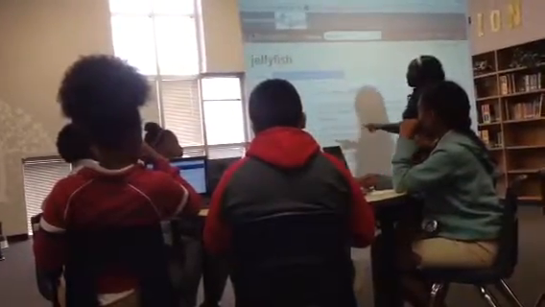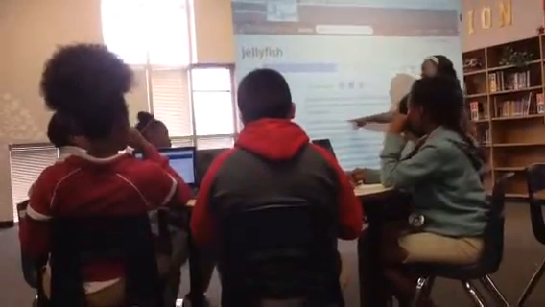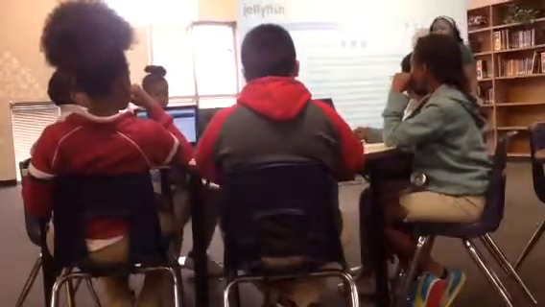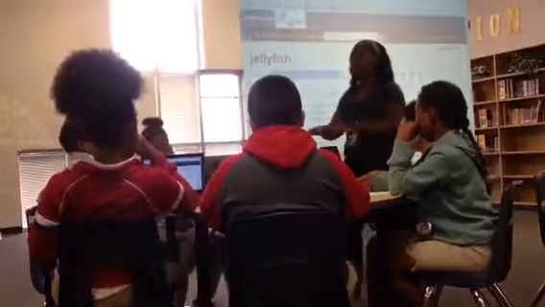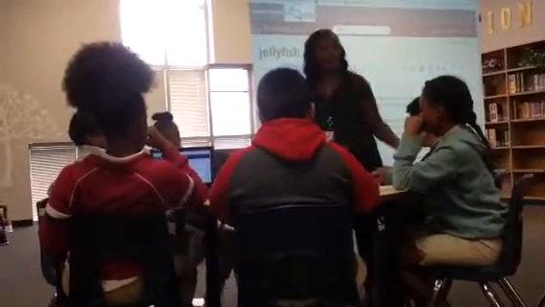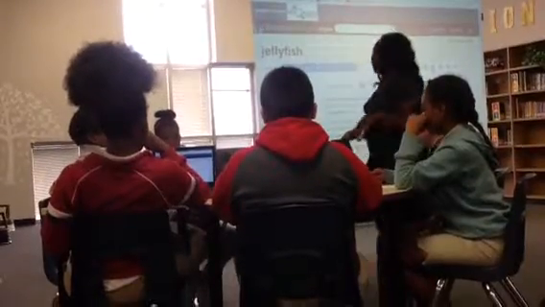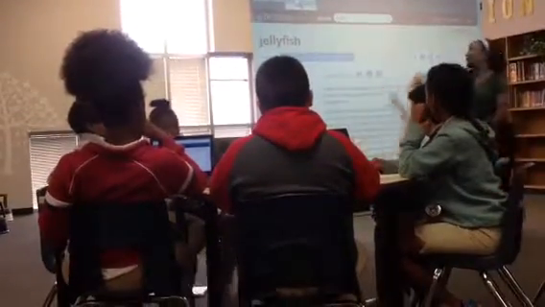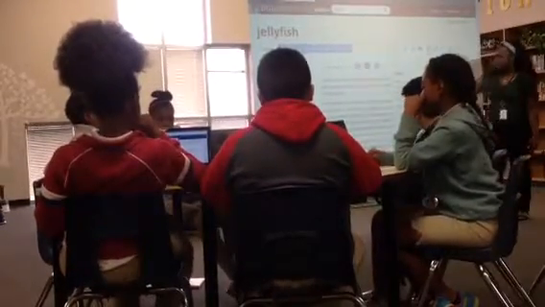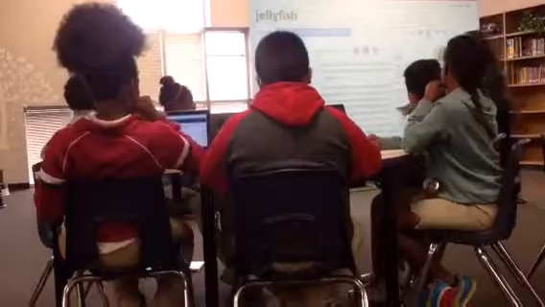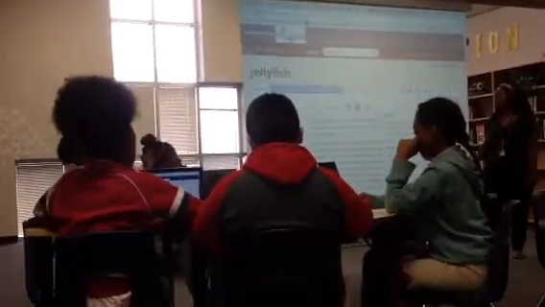So if one of my facts was that the jellyfish has none of the characteristics of fishes, or it doesn't look like a fish, I didn't know that at first. I put that into my paper. I have to tell where I got that from. I cite the information by giving credit to the author. So you're going to click on Cite,